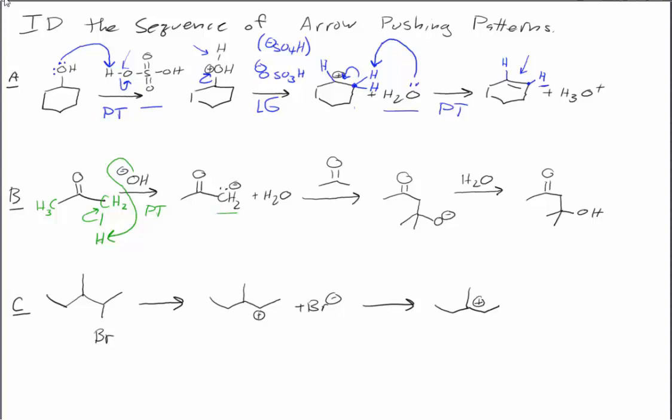Okay, so now we're at the second one. We've done a proton transfer to get this anion. We've formed water. Now we're going to react another molecule of acetone with our acetone anion. And it looks a little confusing at first, but if we number the carbons, and I'm going to use a different color here, just arbitrary numbers,